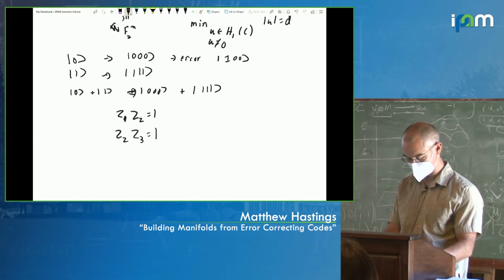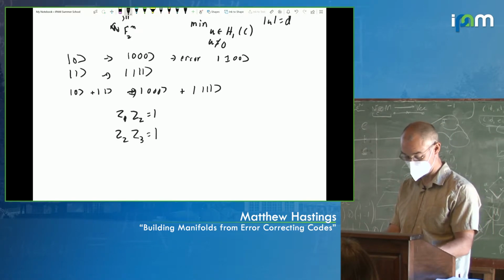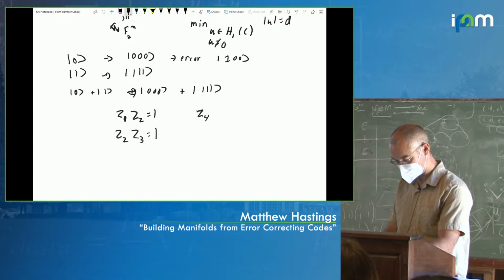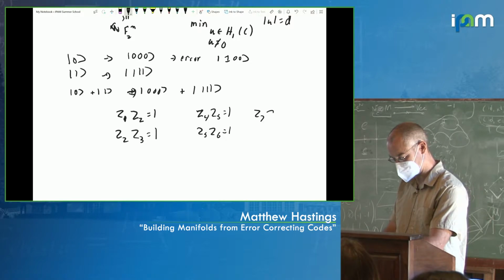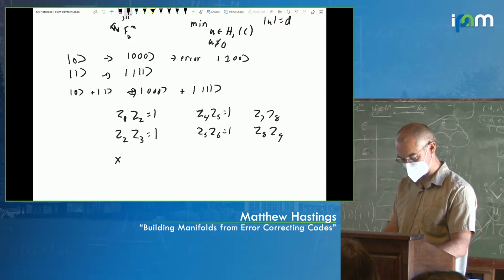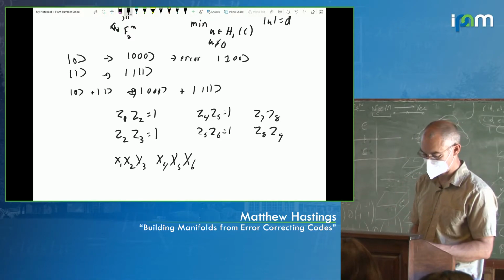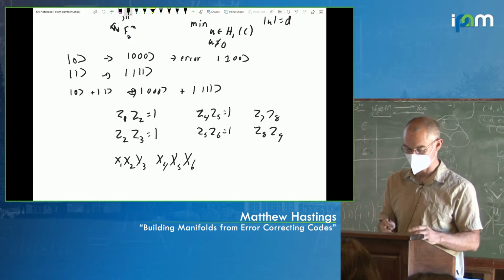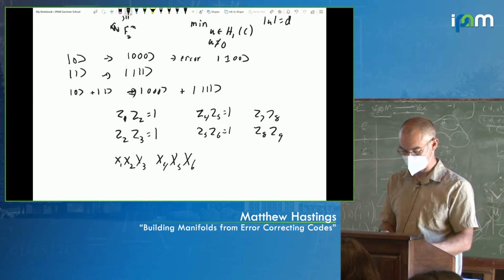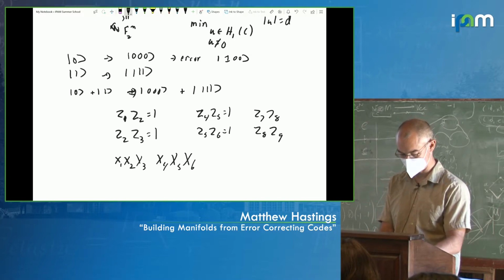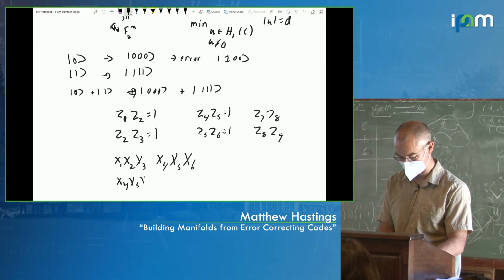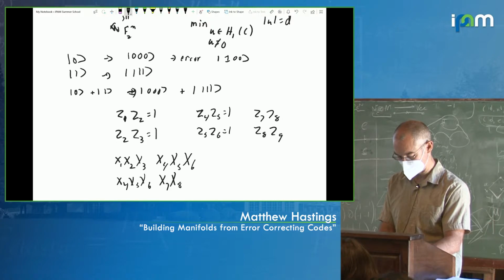We'll have 9 qubits. We'll have the constraints Z1 Z2 is 1, Z2 Z3 is 1, Z4 Z5 is 1, Z5 Z6 is 1, Z7 Z8, I'm not going to keep writing the ones, Z8 Z9. And then he had some X checks, X1 through X6. What these X checks did was effectively take these logical, encoded qubits and impose an X repetition code on them, and X4 through X9, and this is the first